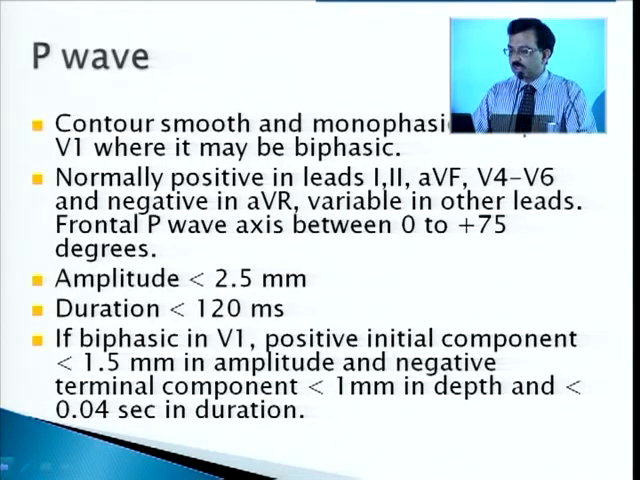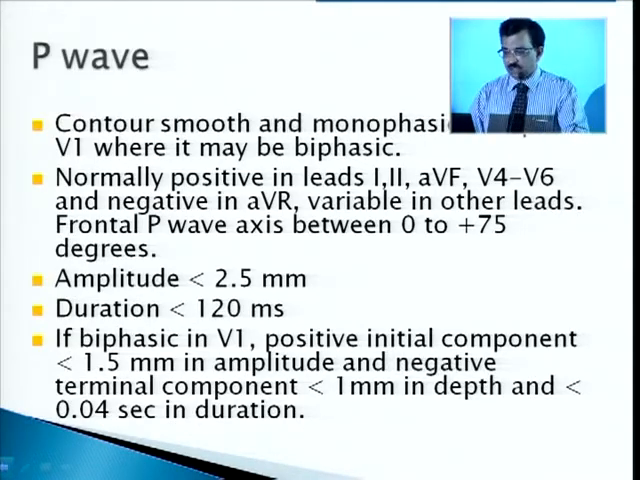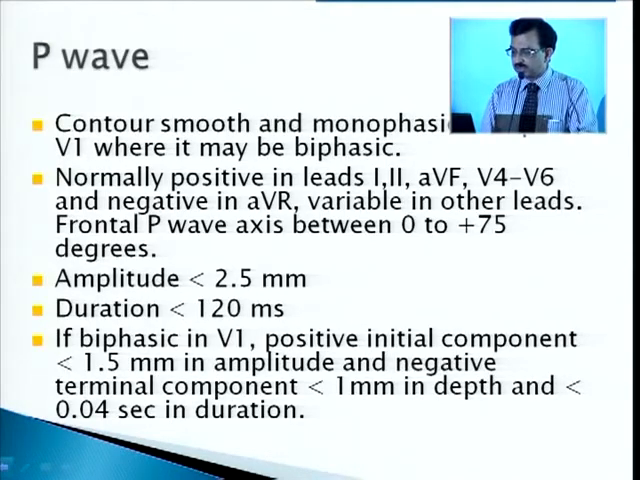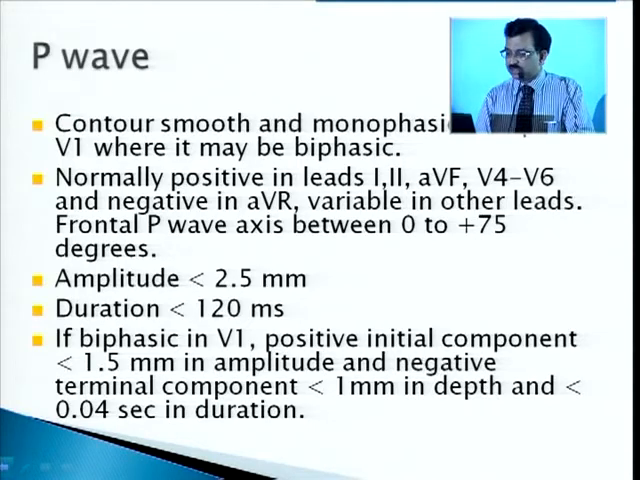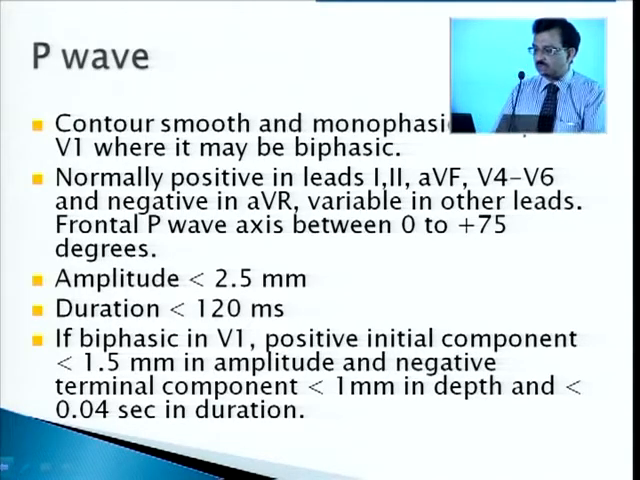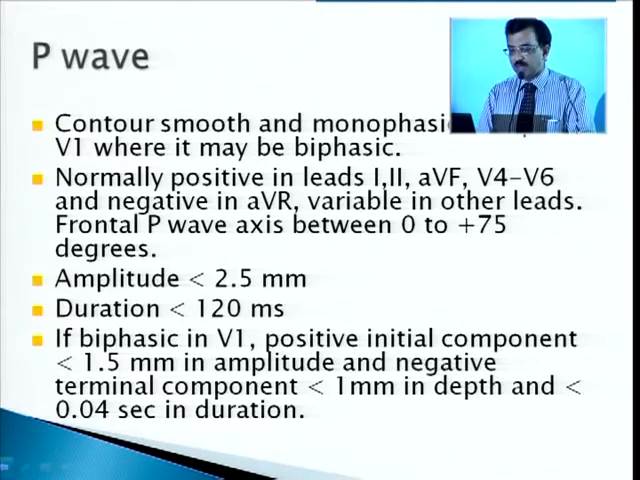Now the contour of the P wave is smooth and monophasic, except in V1. Of course, we get positive P waves in leads I, II, aVF and V4 to V6, and negative P waves in aVR, which is common. We have a P wave axis also. It varies from 0 to plus 75. The duration of P waves is usually less than 120 milliseconds. Amplitude is less than 2.5 millimeters. And it is biphasic in V1, as you know, with a positive initial component and a negative next component,